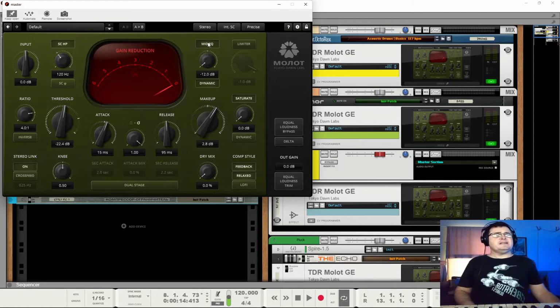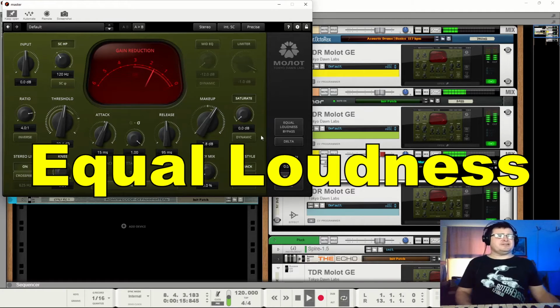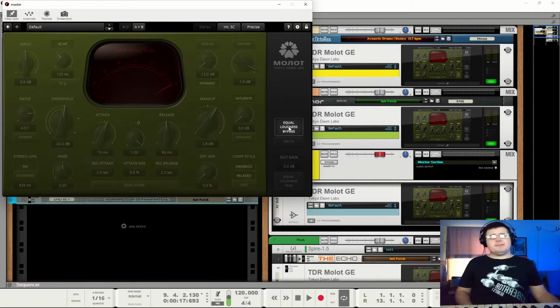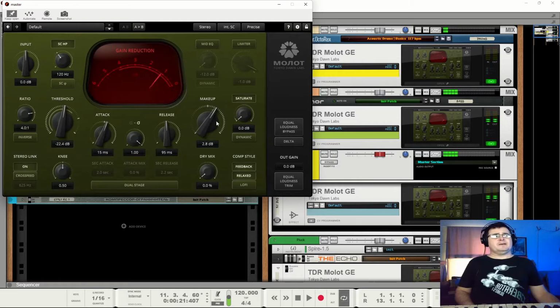There is an EQ built in, and there is also a limiter built in. Some saturation, which is quite nice. It's character, but everything about this is character. And then this is really interesting. We've got an equal loudness bypass. So it doesn't much matter what we've done.